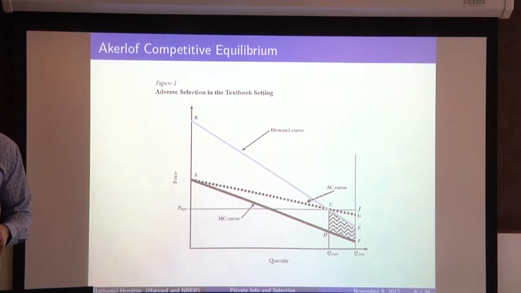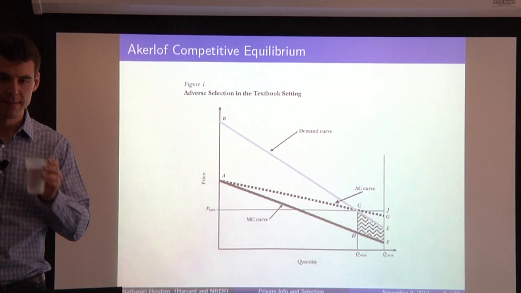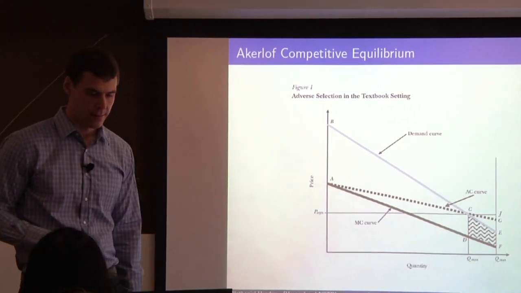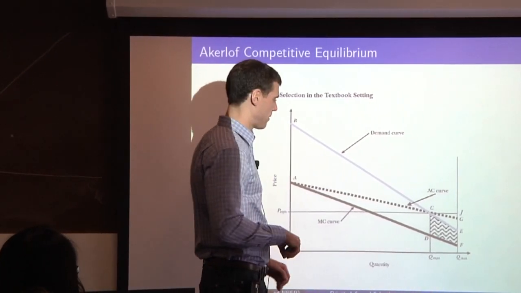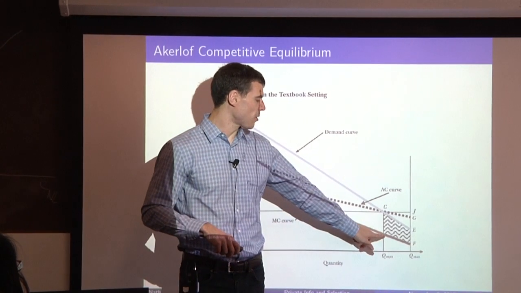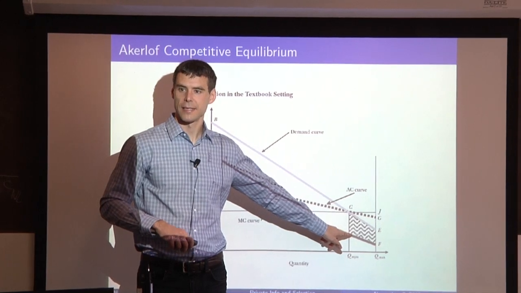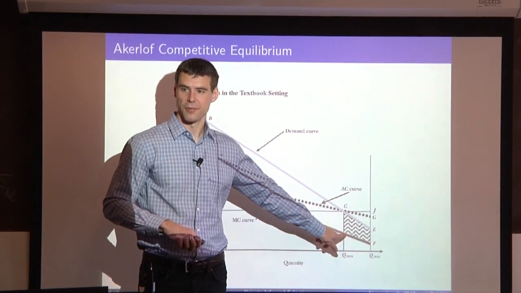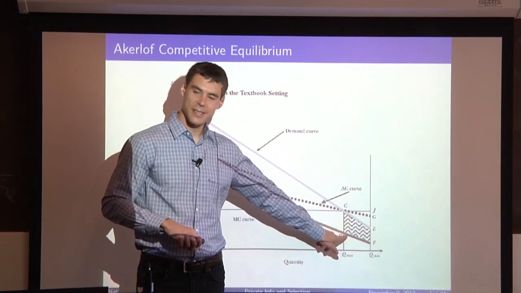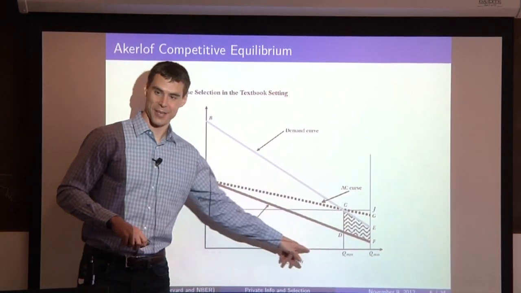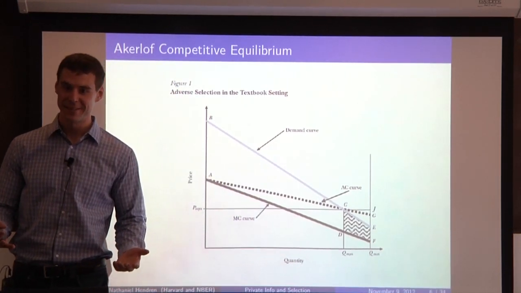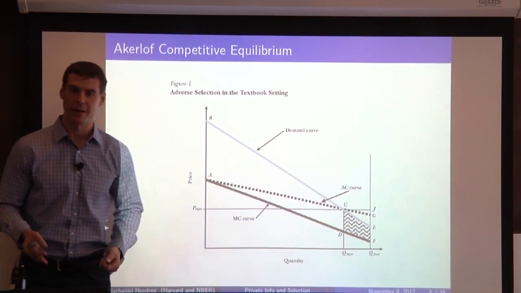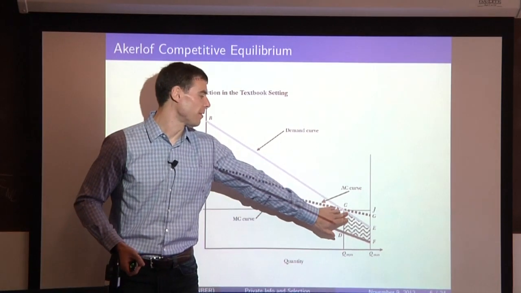So the problem in this picture is that the people from Q equilibrium to Q max don't have a marginal cost that's low enough to drop the average cost down. The problem is that you can't charge a price to these guys to reflect their marginal cost. These guys only cost this much to an insurance company. But if I put the price here, these guys are going to say, thank you very much, and they're going to come and take that policy too. And that would make the whole profitability of the market become negative. This is the point where the profitability of the market is zero.